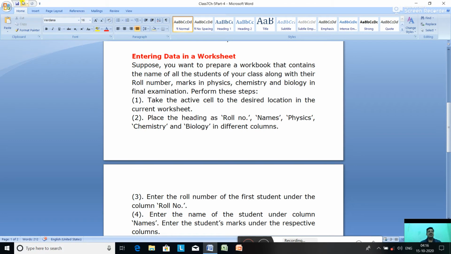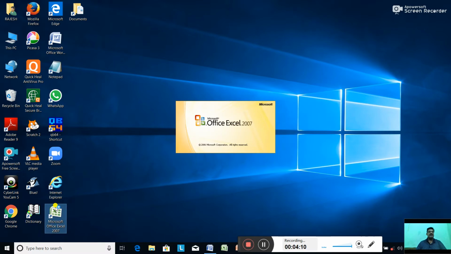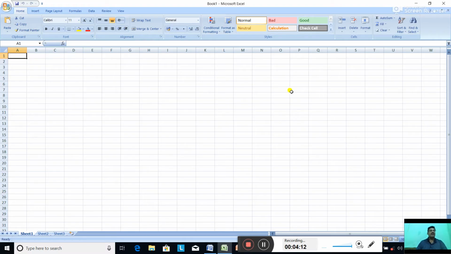Okay, now let us do it practically. First, open MS Excel. A1 is the active cell. Type here roll number. Roll number is typed. Now see, column B is for the name, but the size of the column is too small. It will not fit if the name has more than 1 word or 2 words or 3 words.